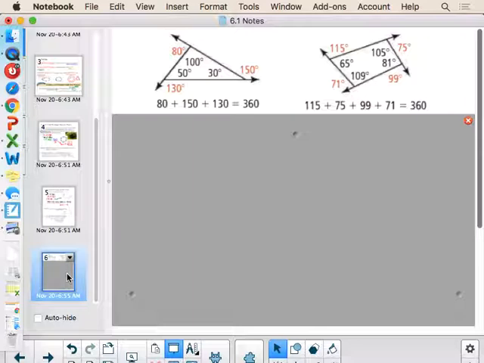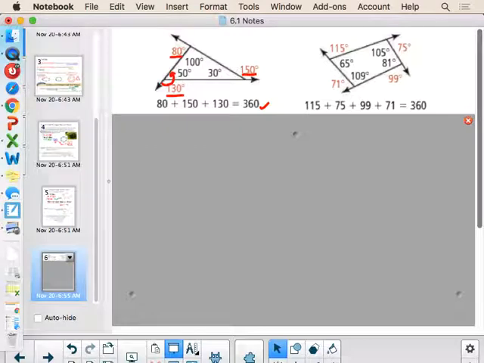Here we go. We're almost done for the day. All right, so let's talk about exterior angles. So notice, if you recall, exterior angles are a linear pair with their interior angles. So if I look at all these interiors, I have an exterior of 130. This interior gives me an exterior of 80. And this exterior is a 150. And when I added them all up, I got 360.